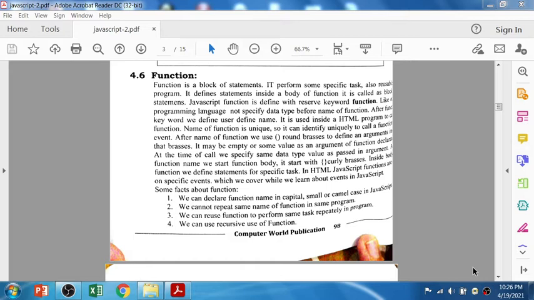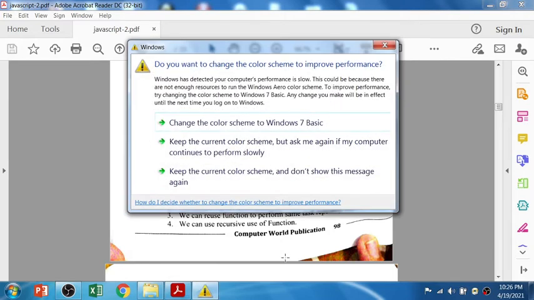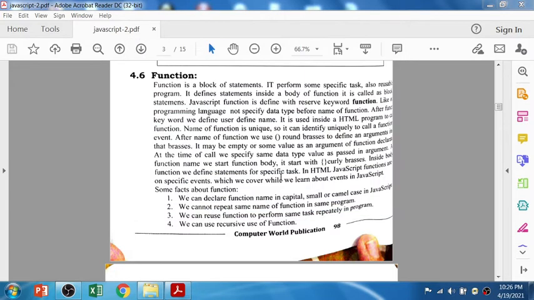It is used inside the HTML program to run the function. The name of the function is unique, so it can be identified uniquely to call a function event. After the name of the function, we use round brackets to define the arguments.